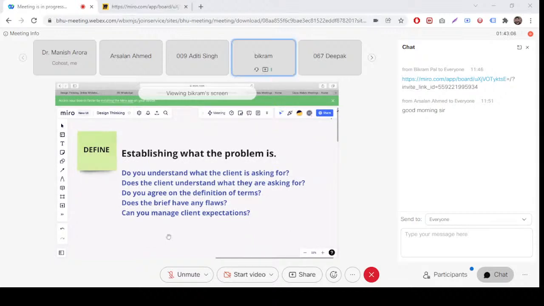तो कोई भी डिजाइन, कोई भी प्रॉब्लम को सॉल्व करने के लिए पहले, there is a very first stage that we need to go through with, that is establishing what the problem is. हम लोगों को पहले ये जानना है कि प्रॉब्लम क्या है। तो डिजाइनर के पास क्लाइंट भी होंगे जो प्रॉब्लम दे रहे हैं हम लोगों को। तो क्लाइंट के साथ हम लोगों को बैठना है, and we need to, with mutual discussion, we will get to know about what the problem is all about. प्रॉब्लम क्या है, किस प्रकार आप सॉल्व करना चाहते हैं।